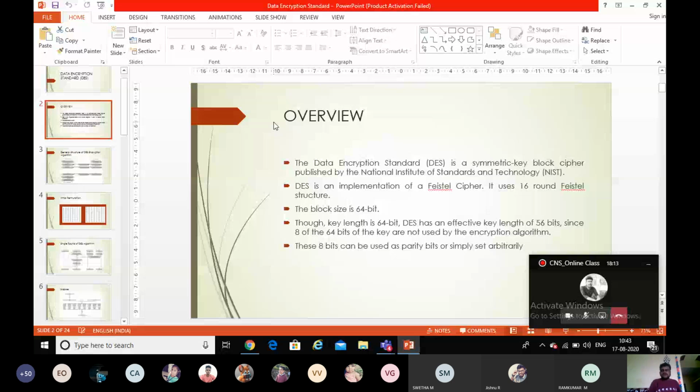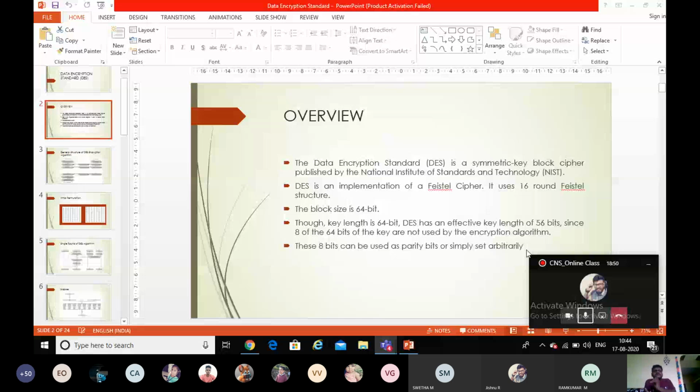Sorry. So okay, the data encryption standard comes under two categories. One is block cipher and another one is symmetric key block cipher. Block cipher means I can take an input as a block instead of a single word. That block may contain more than one letter or one data. And what about the symmetric key? Symmetric key is nothing but the same key used for both encryption and decryption. Clear?